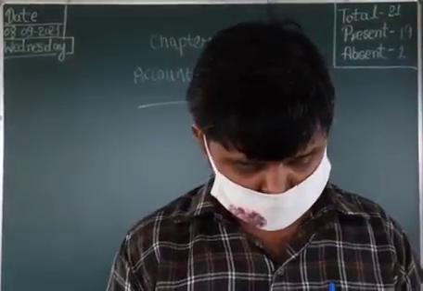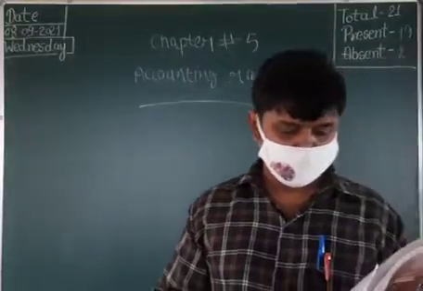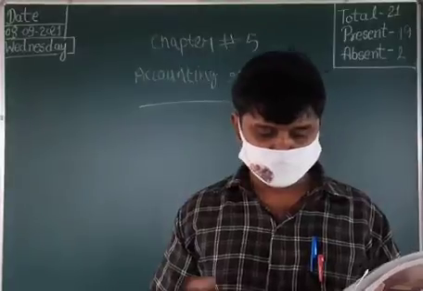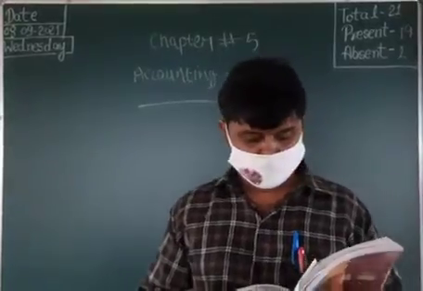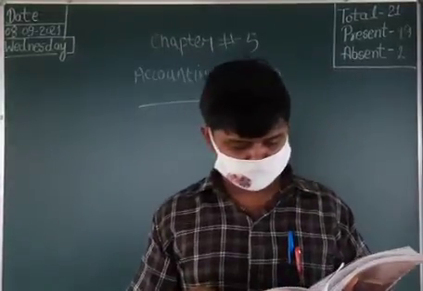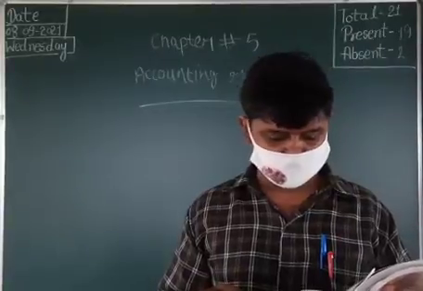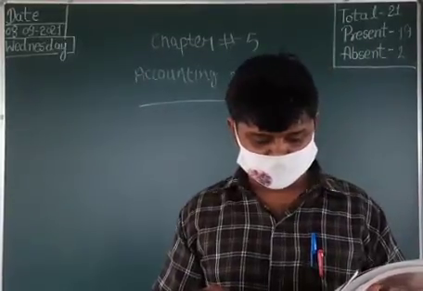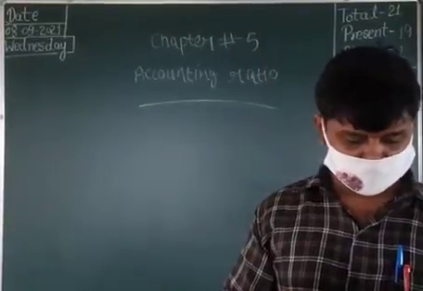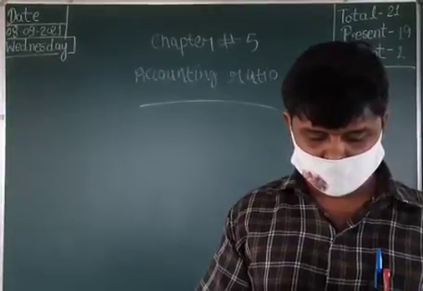illustration. So the question is this: given the following information. Revenue from operations 3,40,000. Cost of revenue from operations 1,20,000. Selling expense 80,000. Administrative expense 40,000. Calculate gross profit ratio and operating ratio.